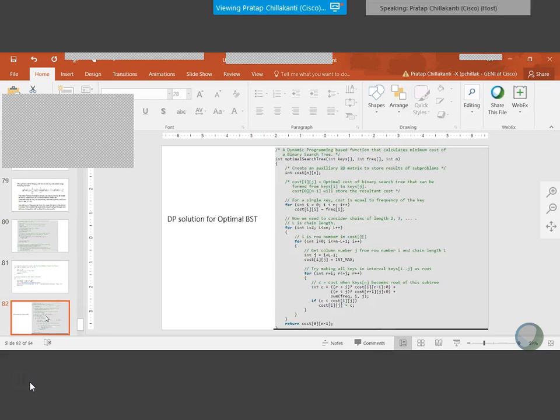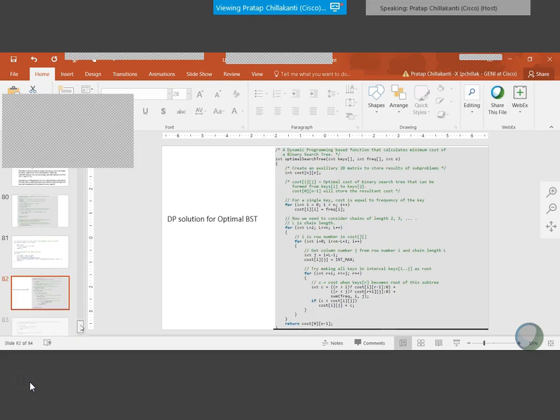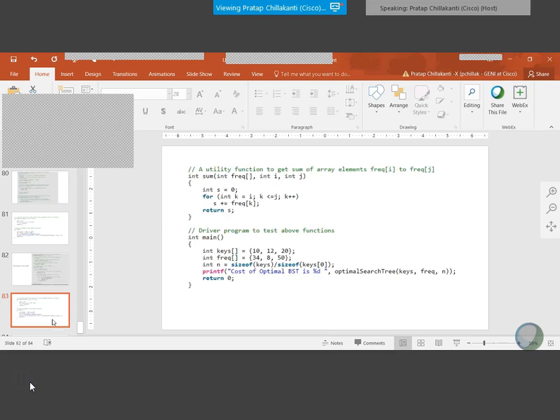But we have a dynamic programming solution for that. So here is another piece of code for the same problem, with the same driver program and the same program for sum. So two variations of building the BST.